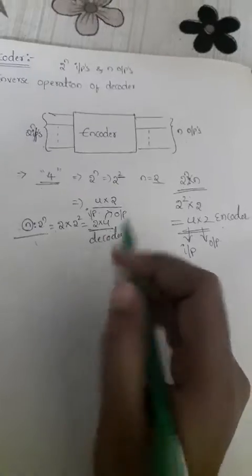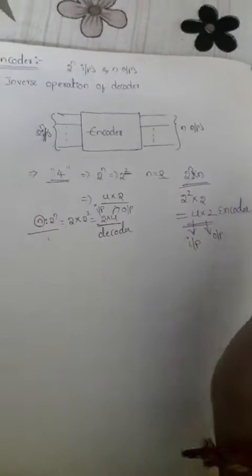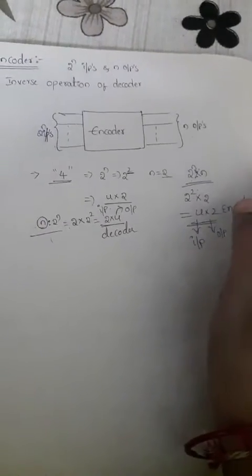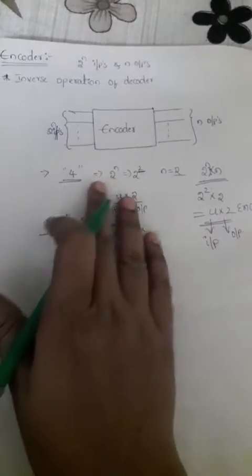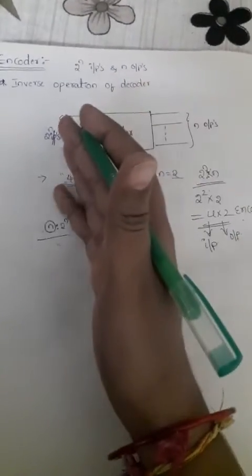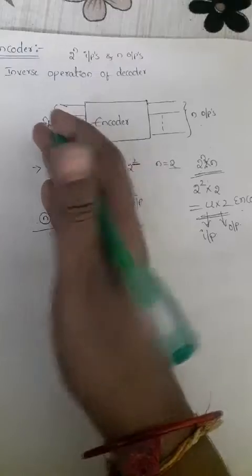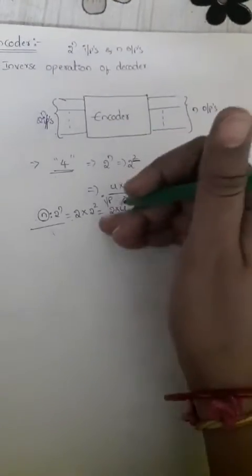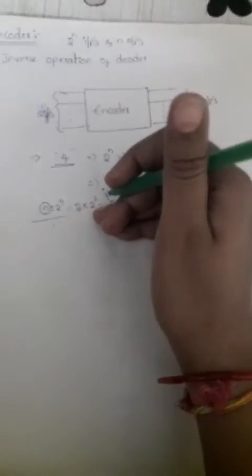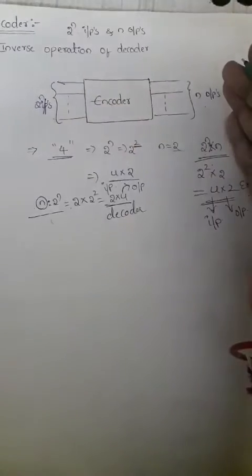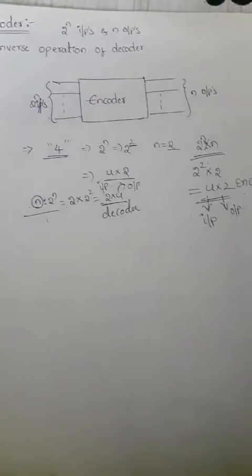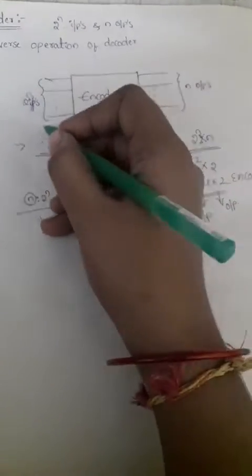That means exactly the reverse operation will occur in the encoder. Okay, so the action will be the same. That means if you are providing input lines, depending on those input lines we will get the output. Here also, depending on that input line and the enable pin, we will get the output line in the decoder, right? So here also in the encoder, depending on the input lines we will get the output. Okay, so that means any one of the inputs will be selected at the output side.